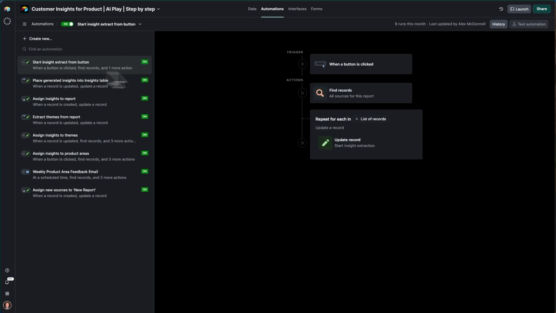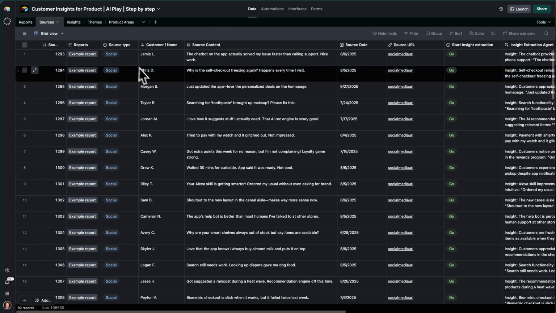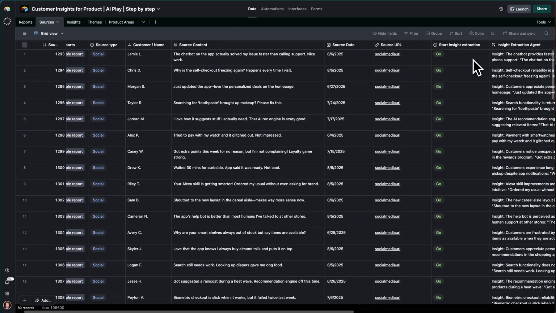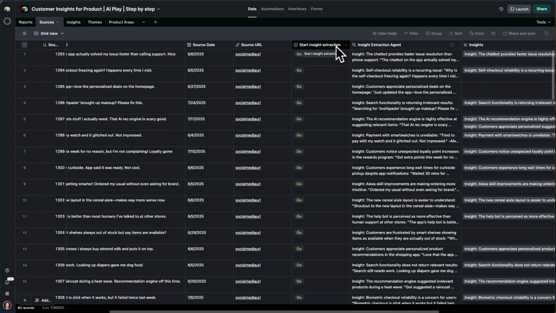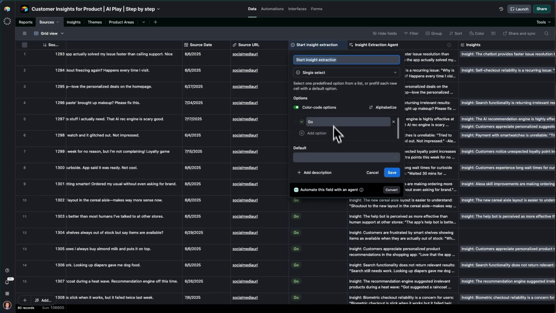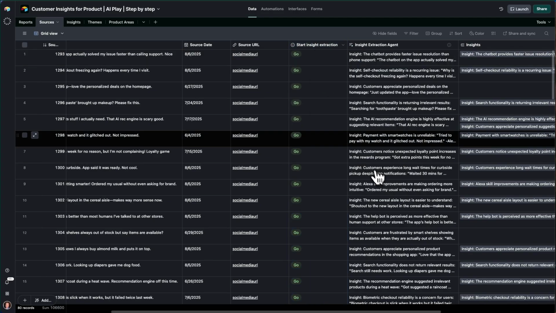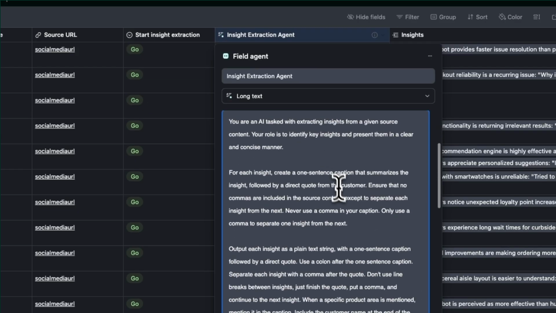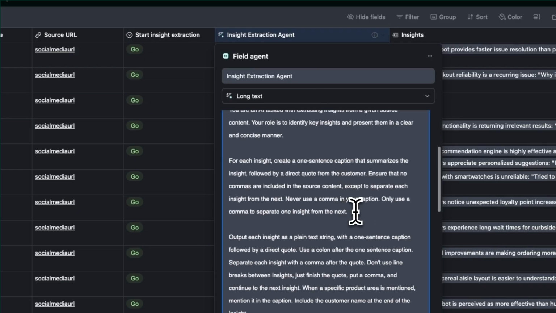So we have an automation associated with that button that goes and looks at all sources for this given report that interface is looking at, and it makes a change to all of the records that are associated with that report. All it does is look at this field right here, which is called Start Insight Extraction, and sets that to the value Go. That's the only option for this field. It can either be blank or it can be Go. And that kicks off the Insight Extraction field agent, which is the first and probably most important agent in this